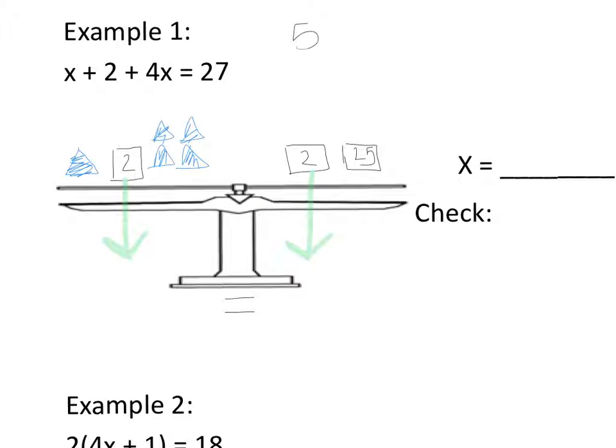If I've got 5 equals 4 plus 1, and I come in and add 1 to both sides, it's still equal. If I take away 4 from both sides, they're going to be equal. As long as you do it to both sides, you can pretty much add or subtract anything you want. So in this case, I took away 2. Well, that means that I'm now left with 5 triangles